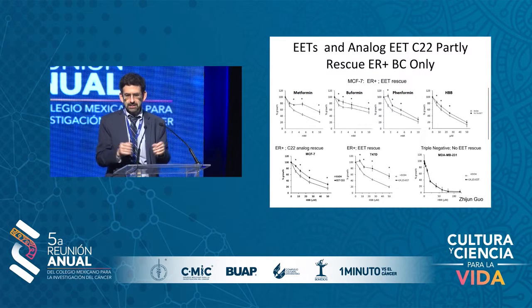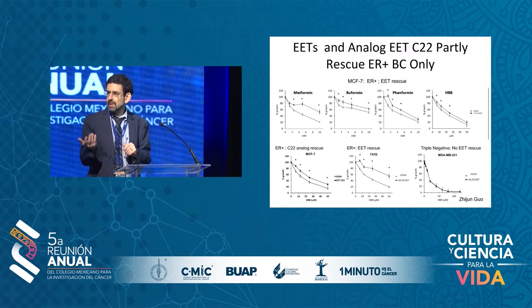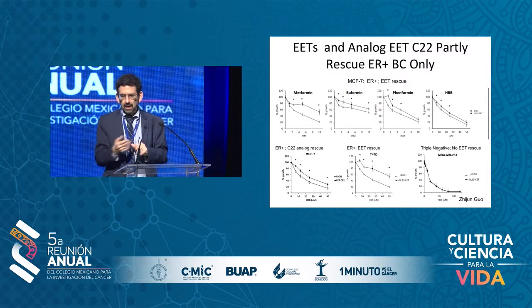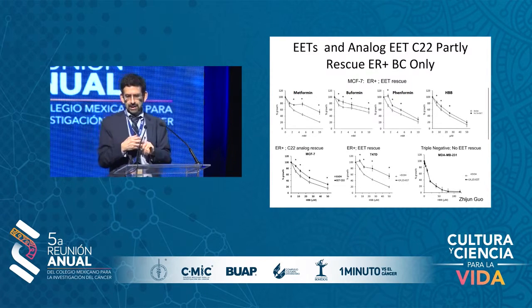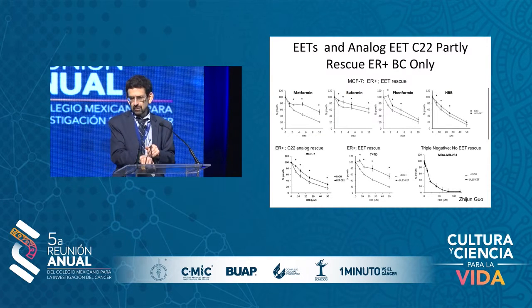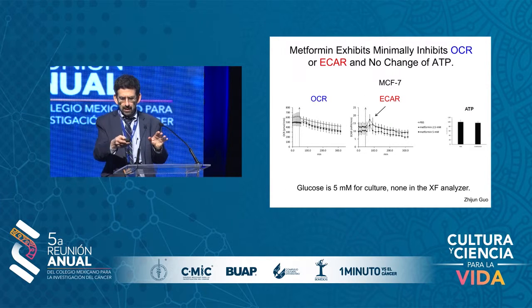And so this gave us a pretty good idea that we were on track and that we were studying a coherent biological mechanism. So we took HPV and looked at the EET biosynthesis and found that the IC50 for CYP3A4 EET biosynthesis was about 9 micromolar, and for CYP2C8, another epoxygenase, which is less active in converting arachidonic acid, the IC50 was less potent at about 50 micromolar. And in contrast, for metformin, we're looking at 5 millimolar.